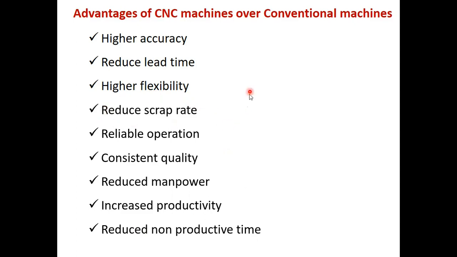Because when I'm doing any CNC programming, I can do it on a simple computer and check how it will work. So I can do it offline. I should not go and do it directly on the machine. That saves a lot of my machining time, so production will be going on in parallel. I can write the program in any of the software and see the program offline. So this will consistently increase the quality, reduce the manpower on the job, and increase the productivity. The machine will be used only when the complete production is on, and it also reduces the non-productive time.